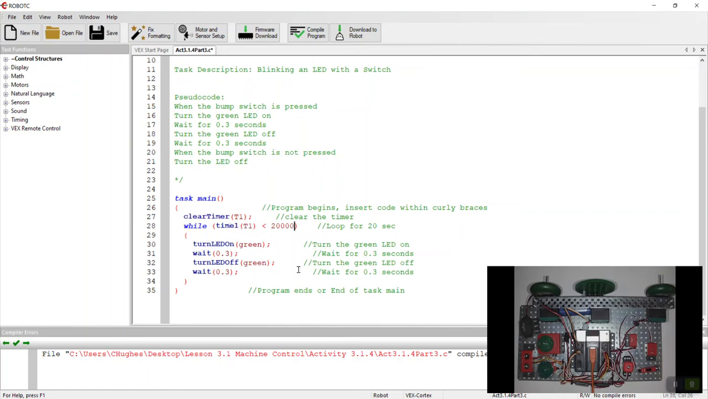So we could say in the while condition, we'll say while sensor value of the bump switch is equal to 1. Then we want to turn that on. And then outside of our while loop, so for the bump switch being on, we'll say turn LED off green. And then we'll take out the timer. However,